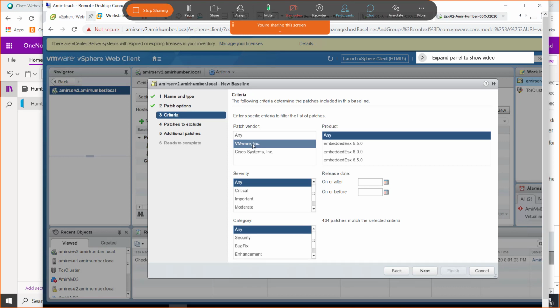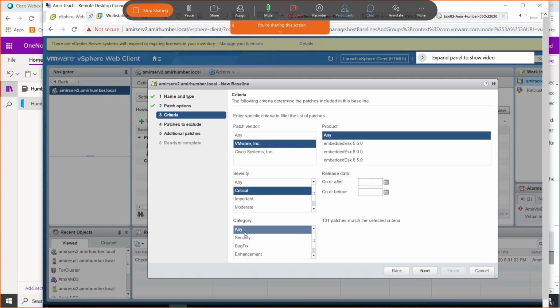Yeah, sure, Deepshika, sure. Okay, so here, severity is any. So how about we go to critical, right? Just select critical in severity, and you will see that the patches go down to 101, right? And then the category. So severity is only critical we're selecting. So we're downloading only the critical patches.